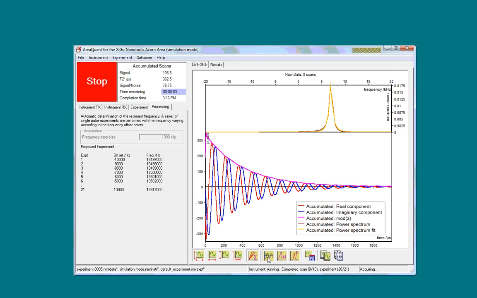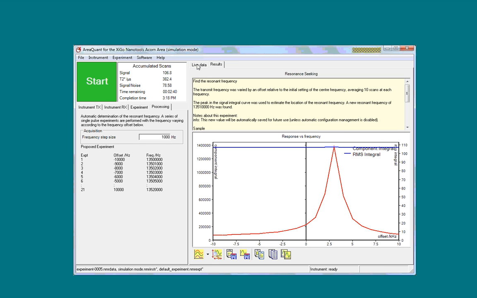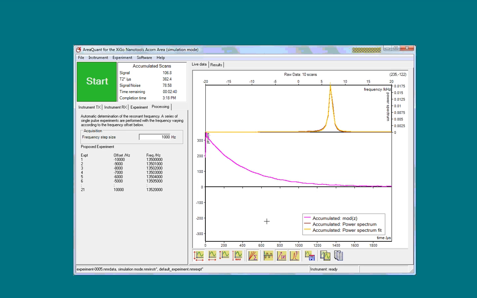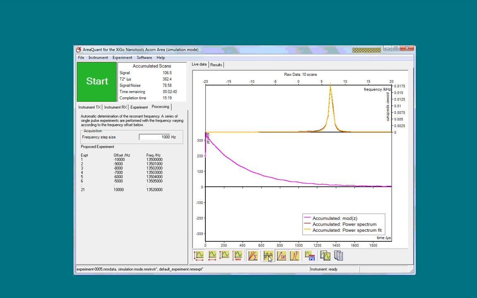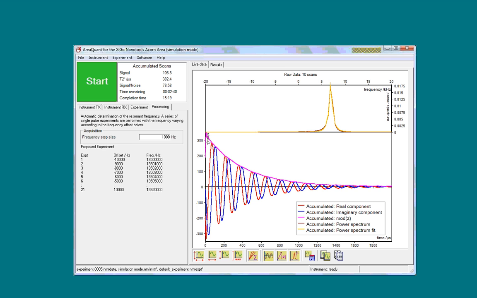If we then turn off, let me just go back here, the free induction decay, the real and imaginary components, and just look at the modulus of the echo, if we take the area under the echo, that gives us the value that we're looking at here, which is this blue curve, the root mean square integral of the free induction decay. So now, if we go back and turn this on, one of the things that you'll notice is if you